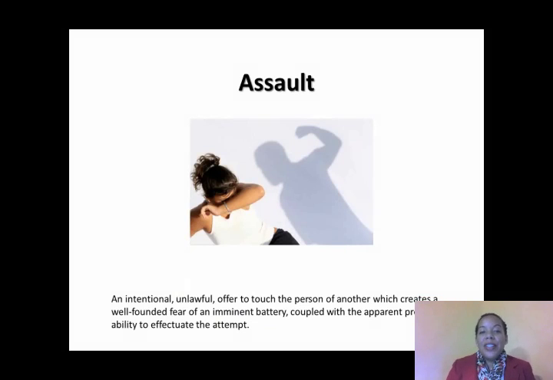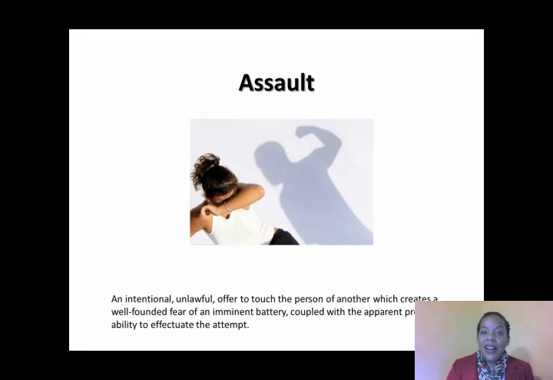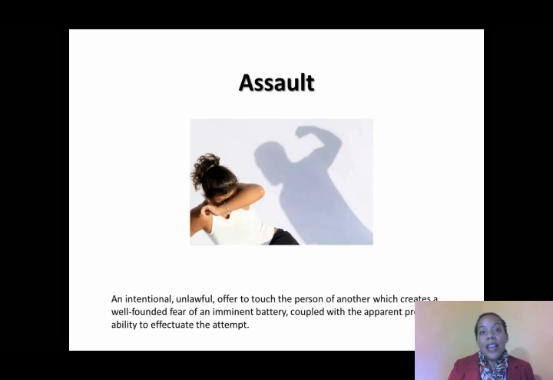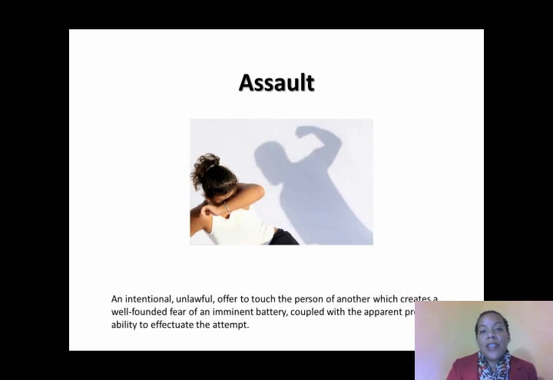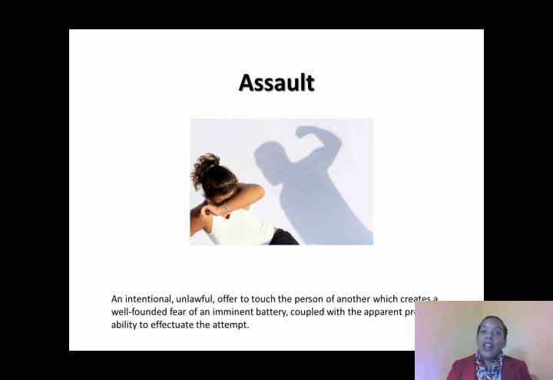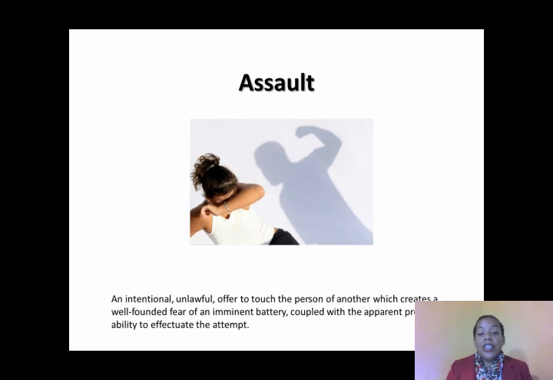Remember our initial picture. Here, the lady, by covering her face, is in apprehension of a harmful or offensive contact. And here, this actor, by raising his fist and leaning towards her, is intending to either cause the apprehension of a harmful or offensive contact or to actually cause a harmful or offensive contact. But where we are in this snapshot represents assault. Remember, the case law definition of assault is an intentional, unlawful offer to touch the person of another, which creates a well-founded fear